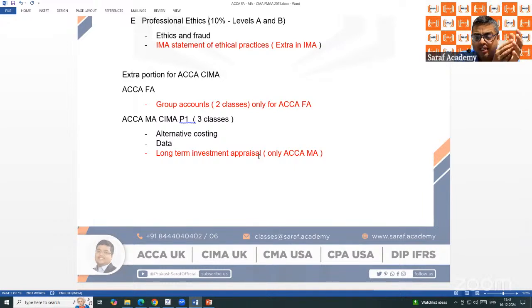For CIMA, normally FMAA exam, P1 F1 exam is not to be given. Only the case study exam. The case study exam happens 4 times in a year. And I'm going to teach the case study for CIMA from tomorrow for the February exam. So if you are going to go for the case study exam, you should be attending the classes tomorrow which I will be taking. For giving the CIMA case study exam, even for P1 F1, very detailed knowledge is not required. Students are passing the case study exams without studying even P1 F1 in great detail. Basic knowledge is always advisable. That can be covered in the case study classes.